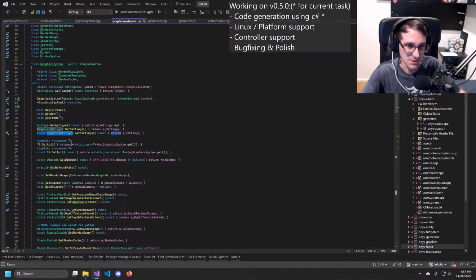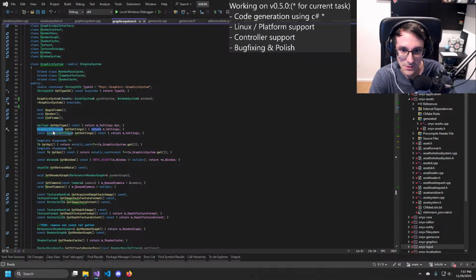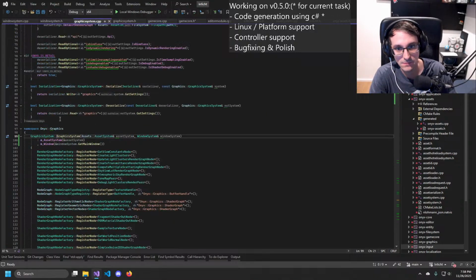Because we need graphic settings as well, which I'm not sure how we can pass them.